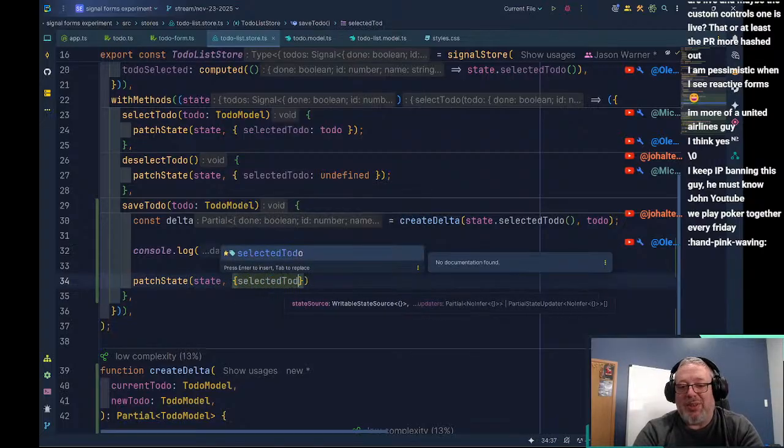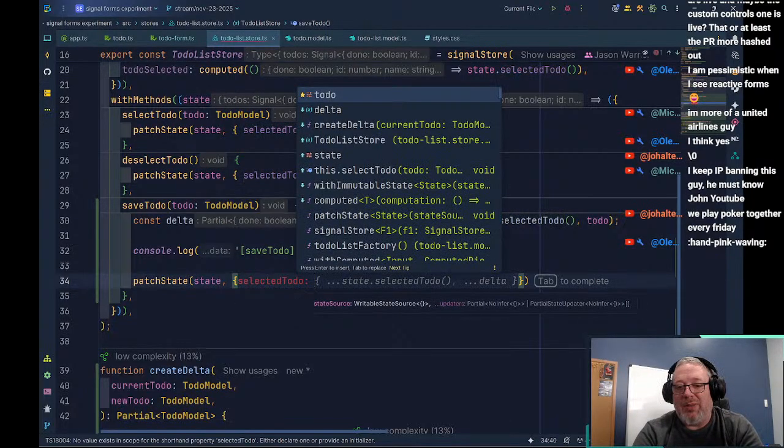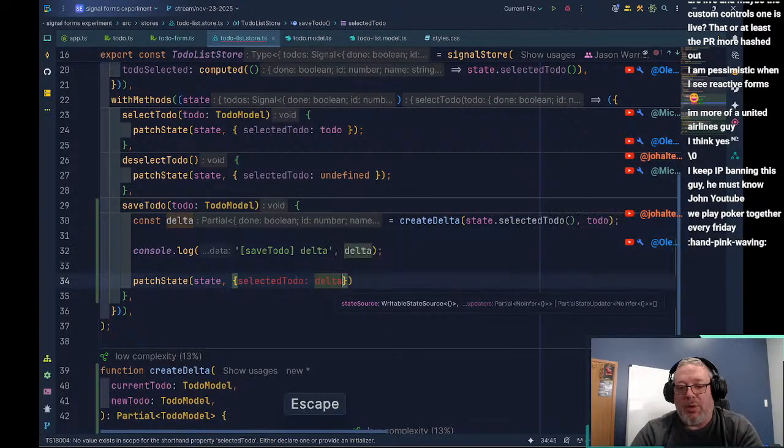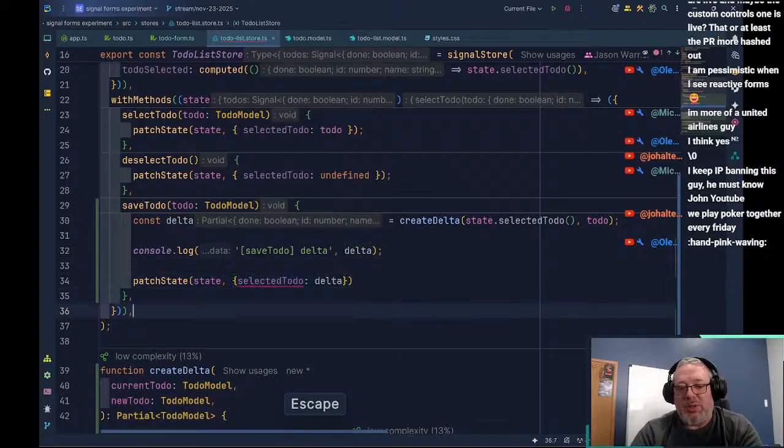We can say selectedTodo, and then give it the delta.